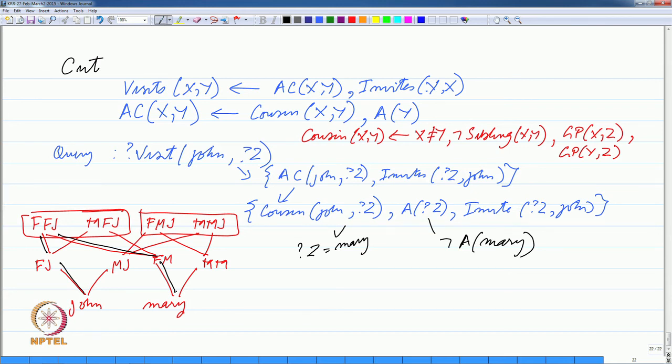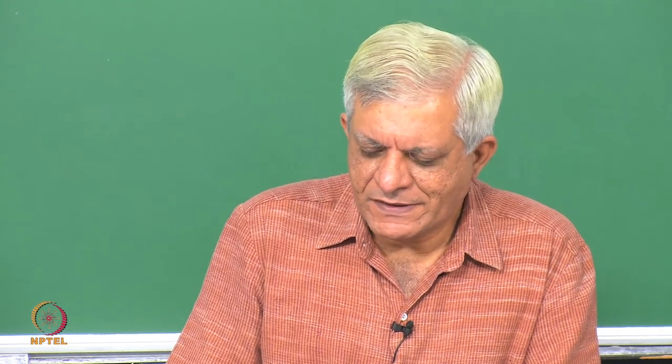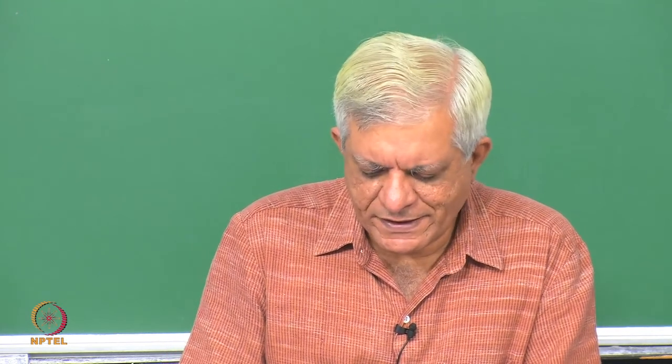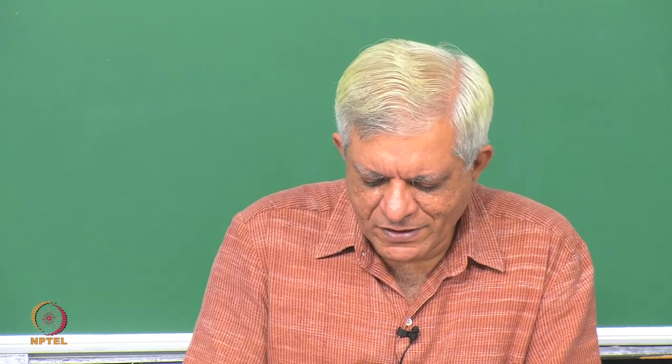Now, what does Prolog do when it is trying to look at these two goals here? It is trying to show that Mary is an American cousin of John. So, first it shows that Mary is a cousin of John, and it shows that because we have seen along